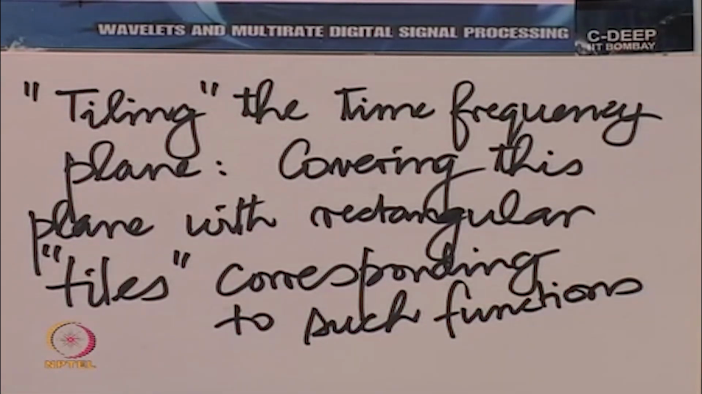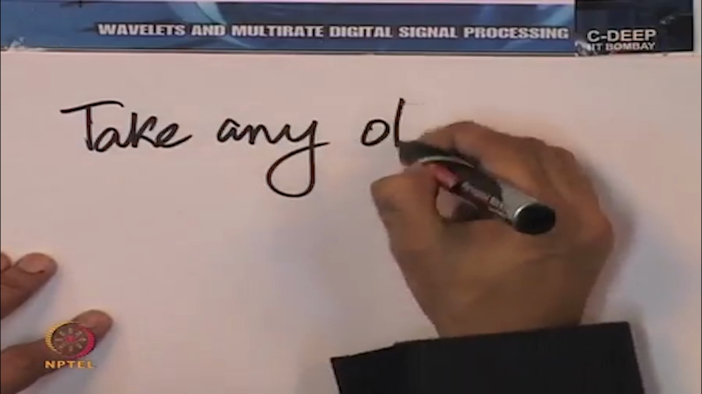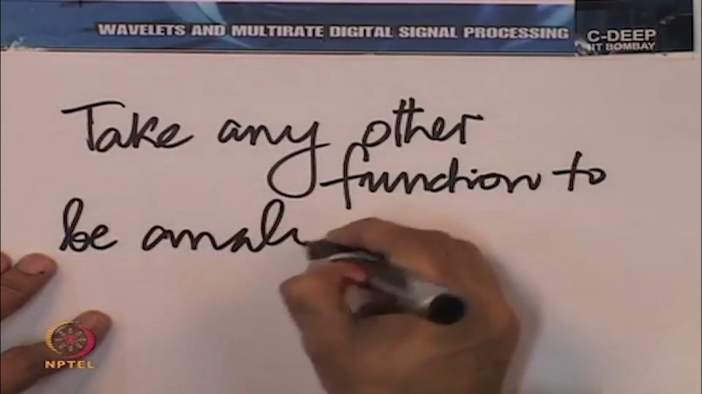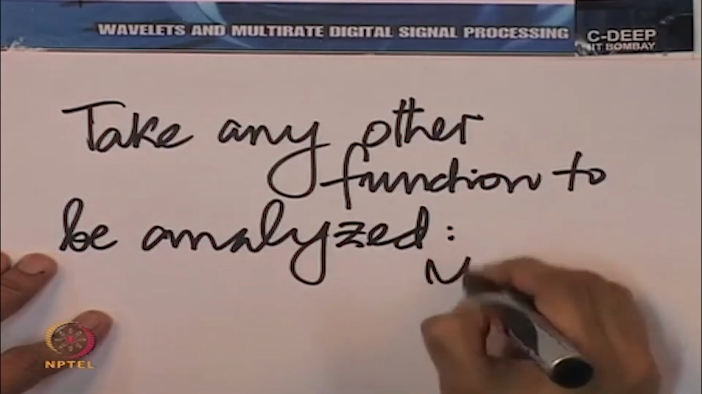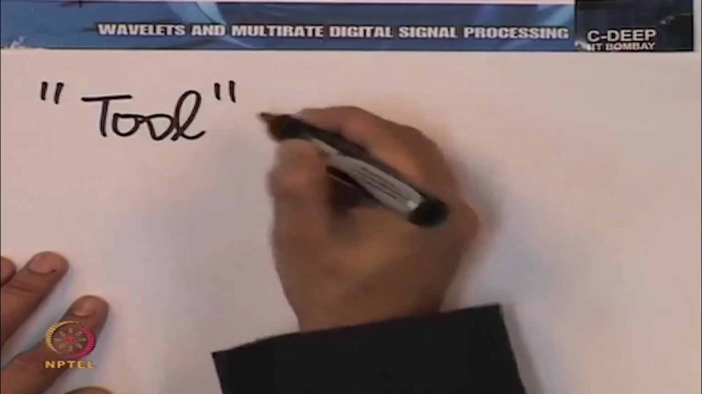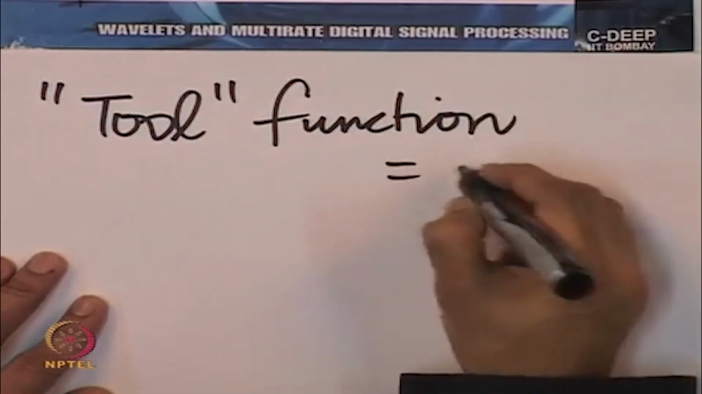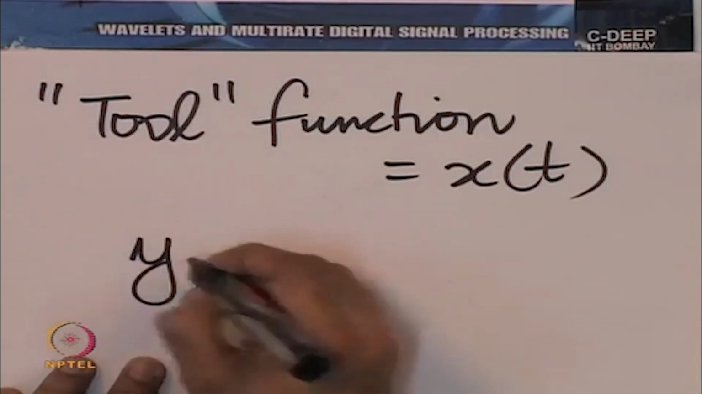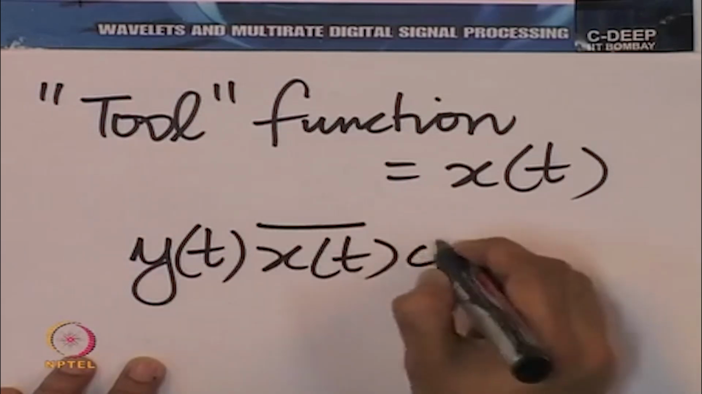And what we are essentially saying is that when we take the dot product of such a function, let's be specific. So, when we take any other function to be analyzed, let us say y of t, and let this tool function, so to speak, be x of t. Then Parseval's theorem says that if I take the dot product of y t with x t, essentially the integral of y t x bar t d t,